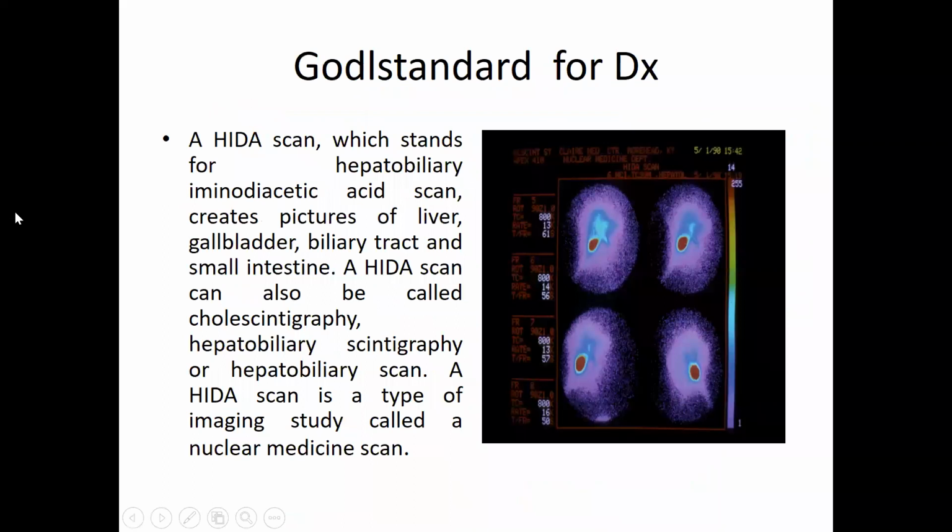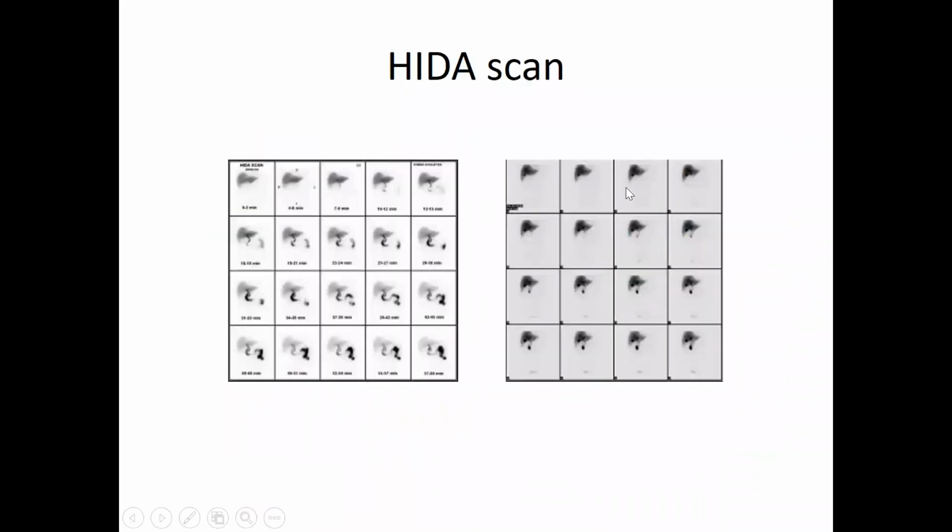So this is HIDA scanning, which is not so important for your level. You can read about this scanning by yourself. On HIDA scanning, we cannot see biliary excretion. This is also a black and white picture of a HIDA scan, where you can see bile in the liver, but the biliary tract is absent because there is no flow in the bile ducts. You can see that in between, there is nothing present. So this HIDA scan shows the obstruction in the bile flow.